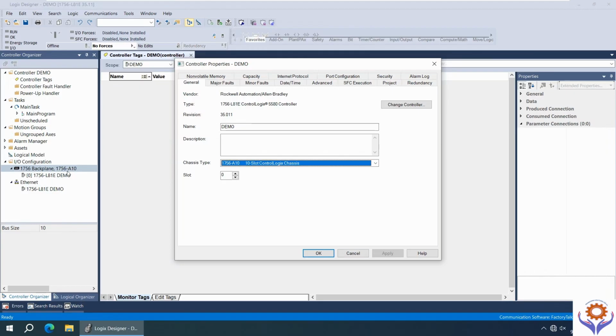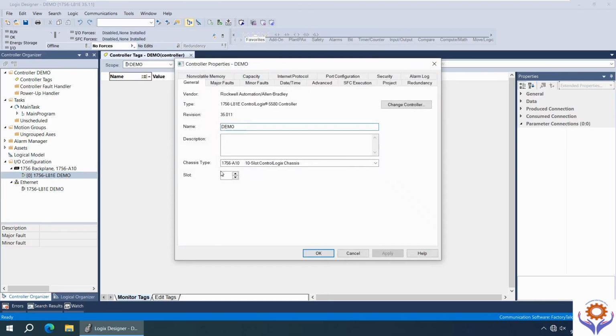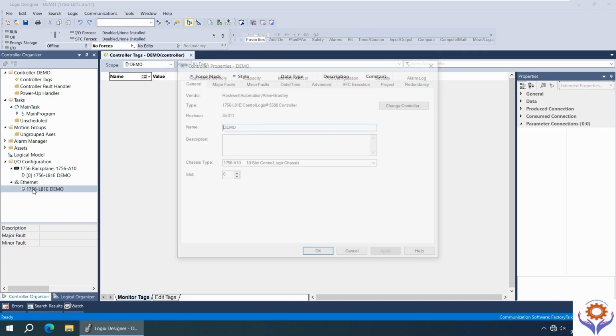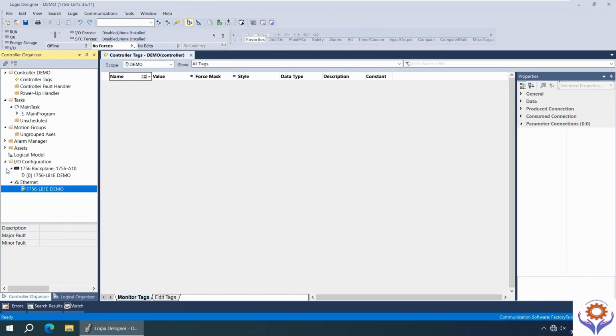So if you have only the backplane, see here you can right click and change. If you need to change the backplane, you can change directly. See, this is the 10 slot backplane, and you have 4 slot, 7 slot, 13 slot, etc. So you can change directly from here by right clicking the particular configuration. Here, see, if you double click, you can find the controller type as well, properties. So the Ethernet also you can find the same controller because it has the Ethernet port as additional. So you can find the same controller here,